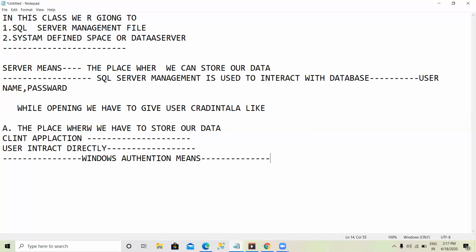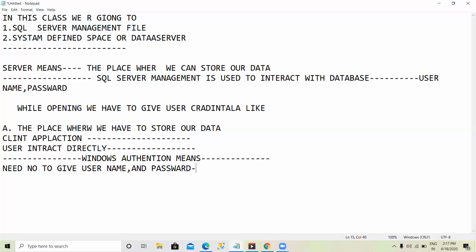While using Windows authentication, we don't need to give any username or password. Simply remember that with Windows authentication we need not give a username and password.